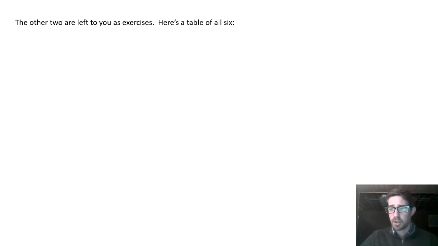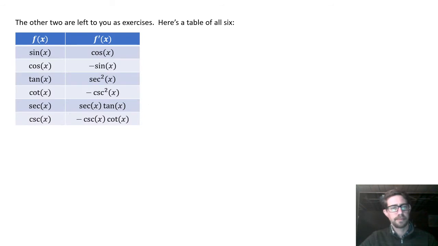Cosecant and cotangent, you can handle. I'm sure I'm going to make you do one of those at some point. So it's the same methods. Use the quotient rule. Let's just put them all in one place, though, just to summarize. There they are. So if you ever had to memorize these, which most calculus students do,